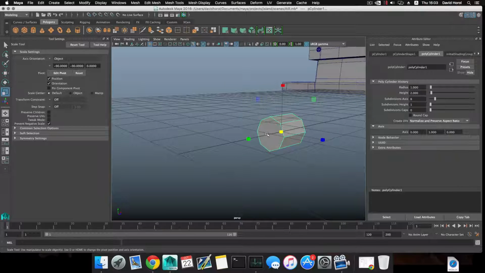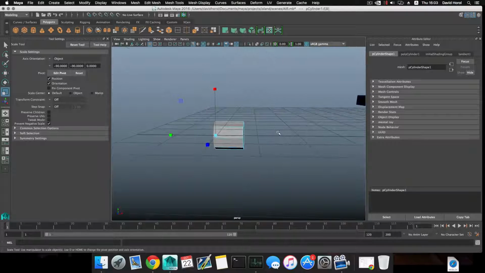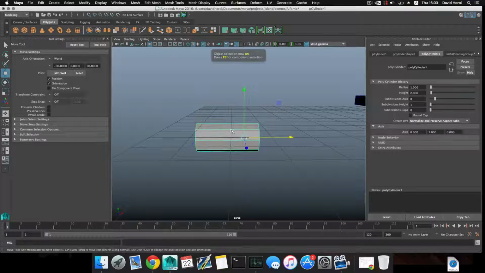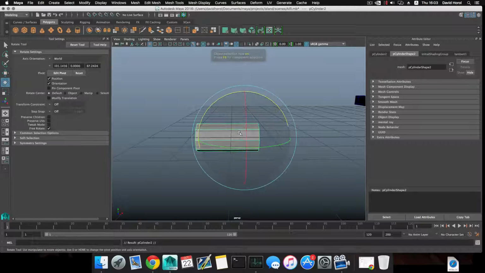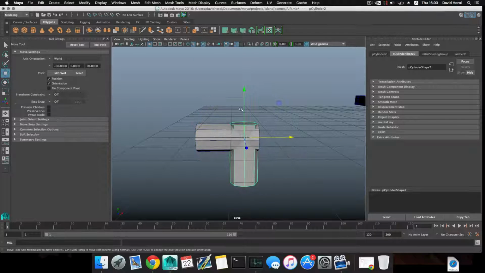Let's remove the caps for now. Right click, choose face. Let's grab this face, and I'm going to stretch this a little bit. I'm going to grab this, Control D, duplicate this, rotate this like so,